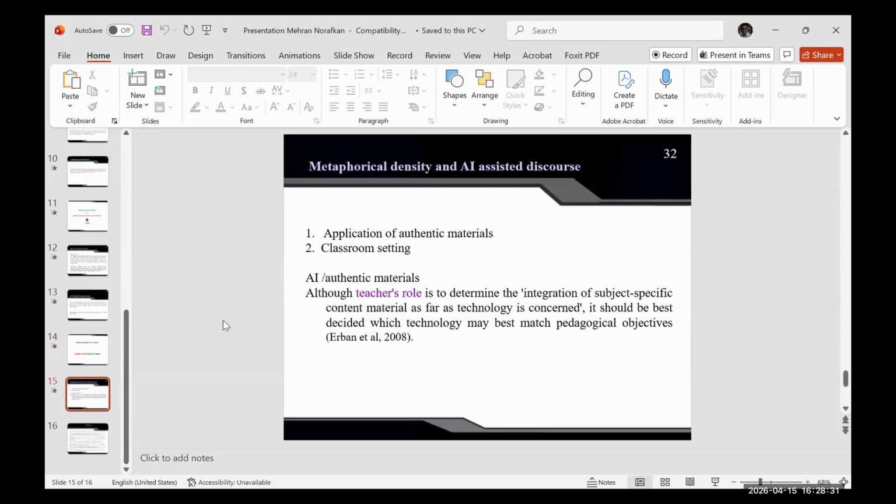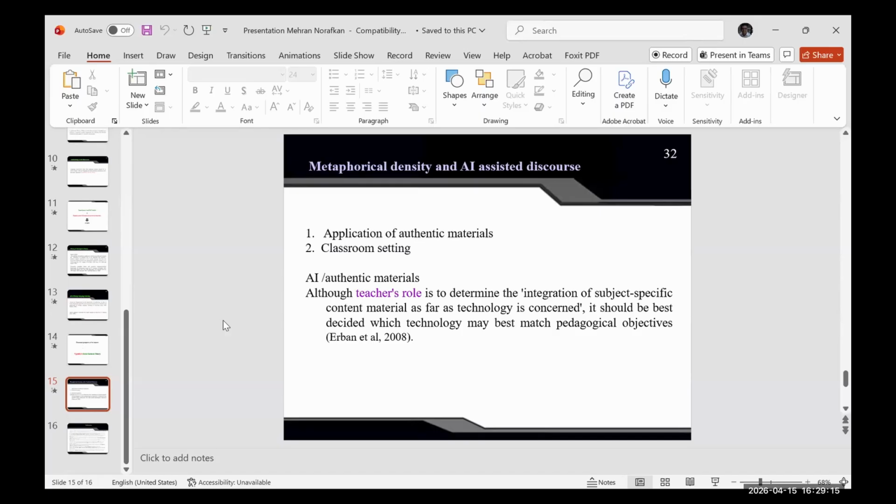In my class, during the fall semesters, in EPS 5099, I ask a student to write an essay on a certain topic with a number of words. And then for the second trial, on a different session, I ask them to use AI this time and create a similar discourse. And after having both of these discourses, checking the metaphorical